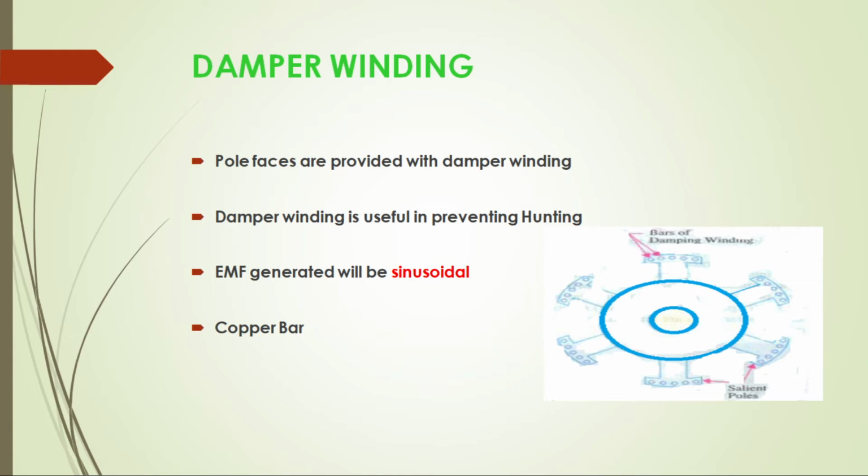The salient pole machines are provided with a damper winding on the rotor to damp rotor oscillation during transient conditions, and it facilitates operation under balanced load conditions. Damper windings consist of copper bars laid in slots on the faces of the pole pieces and connected to each other at the ends by short circuiting segments. Under normal operating conditions, damper windings do not carry any current because the rotor runs at synchronous speed. The damper winding also helps maintain balanced three-phase voltage under unbalanced load conditions.